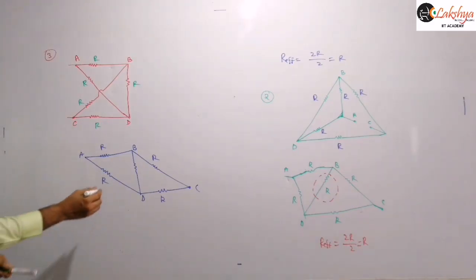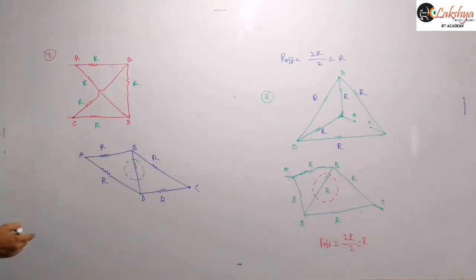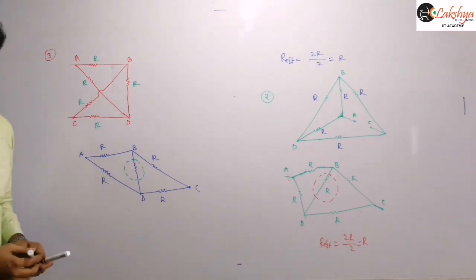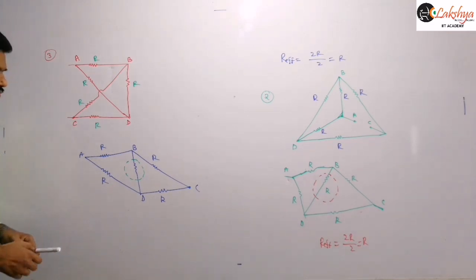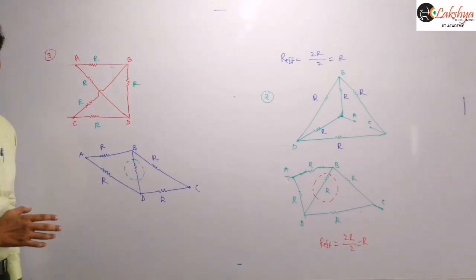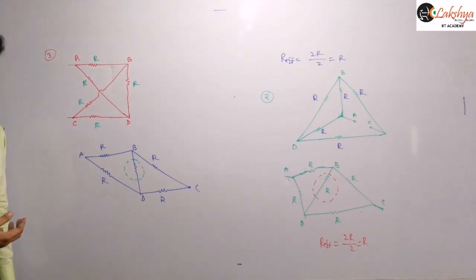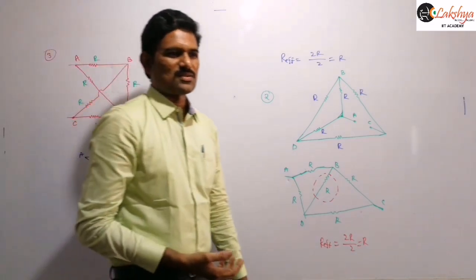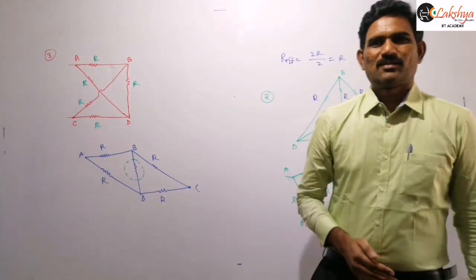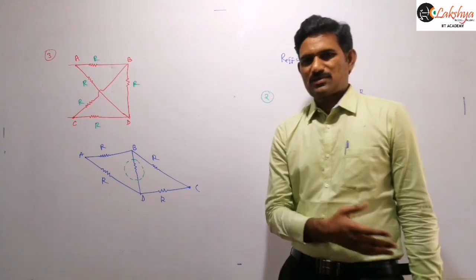Position of the galvanometer. Got it? If that is the position of the galvanometer, we remove that resistance, because here also it is a balanced Wheatstone bridge. Then we find the effective resistance. Here you may get a doubt: I am taking a balanced Wheatstone bridge, so what will happen if it is not balanced? I will discuss that later, how to solve the problem if it is not a balanced Wheatstone bridge.